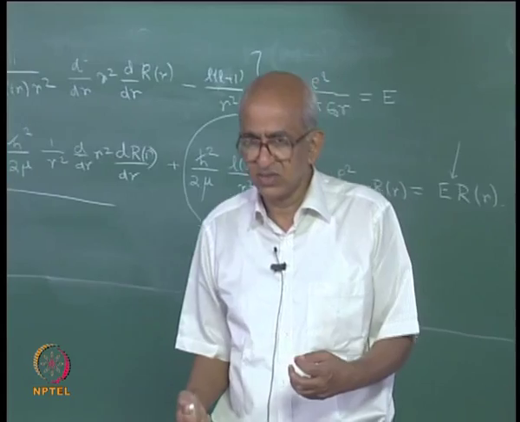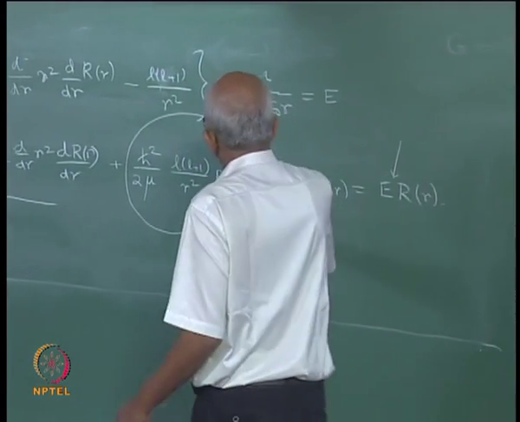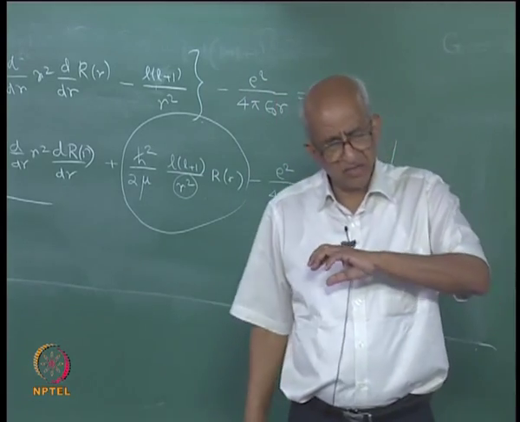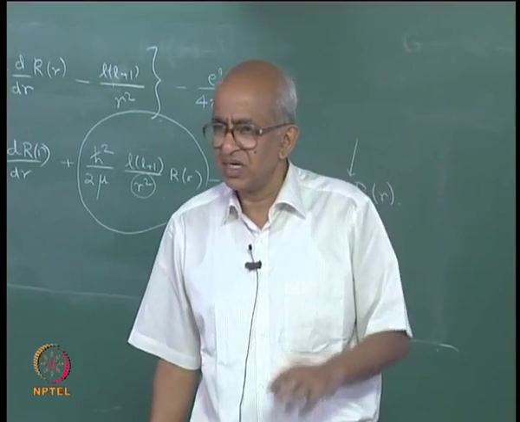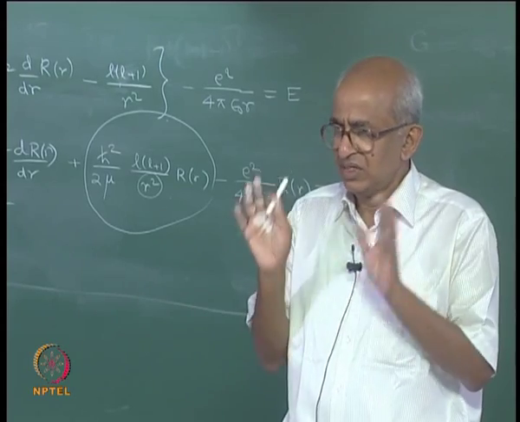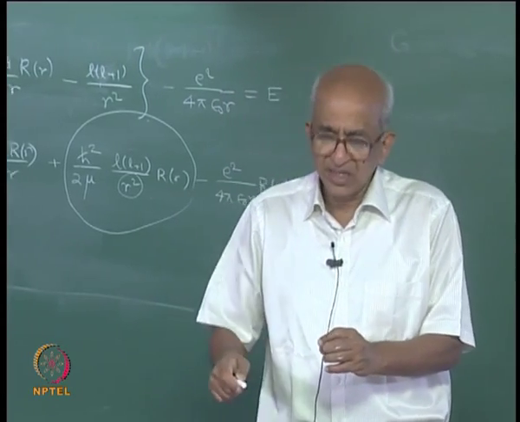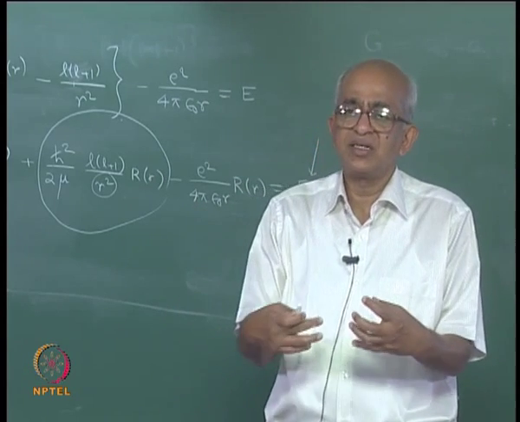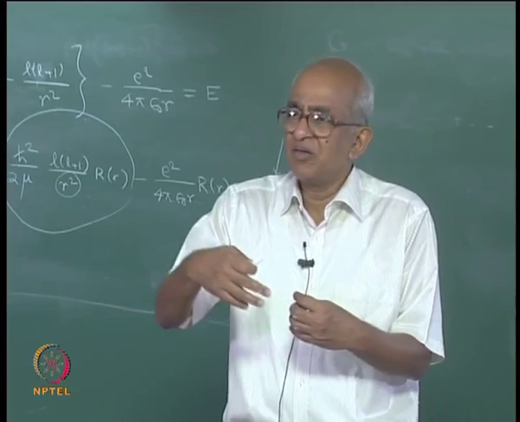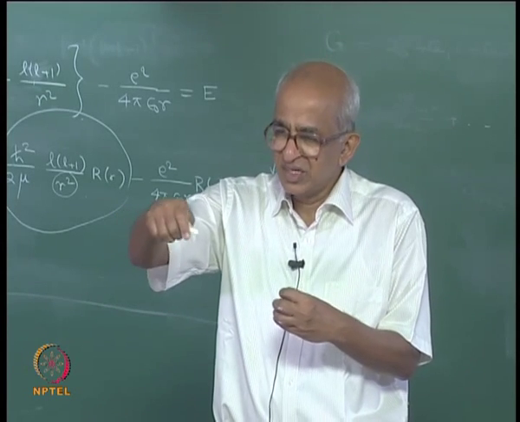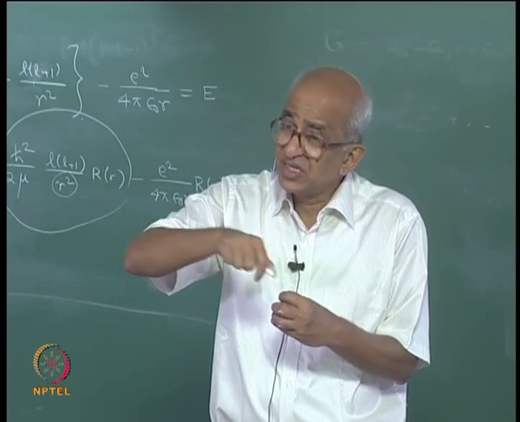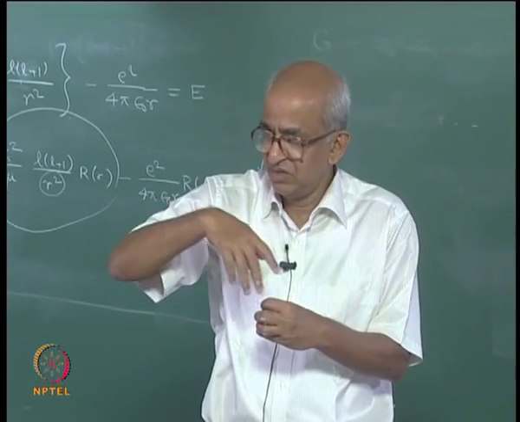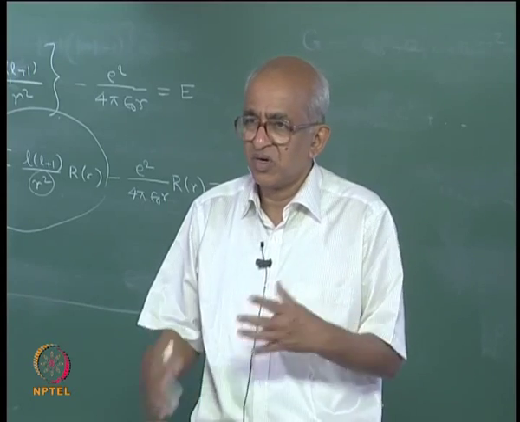Now, why does it do this? And in fact, why is it that there is a 1 by r square sitting here? If you looked at the problem from classical mechanics also, exactly the same kind of things will happen. See, when the electron is moving around the nucleus, you should remember that the potential depends only upon the distance. So, it does not matter in which direction the electron is, whether it is in this direction or in that direction. If the distance from the nucleus is the same, then the potential energy is the same.